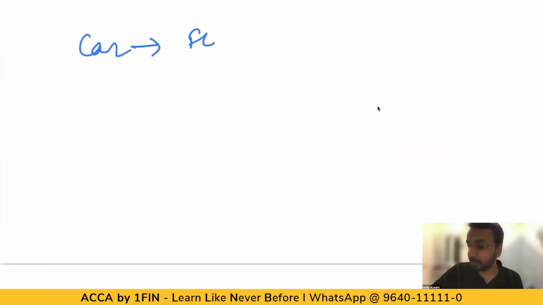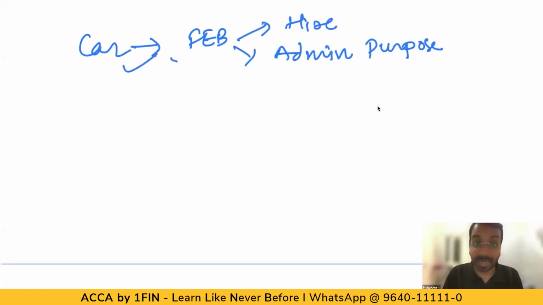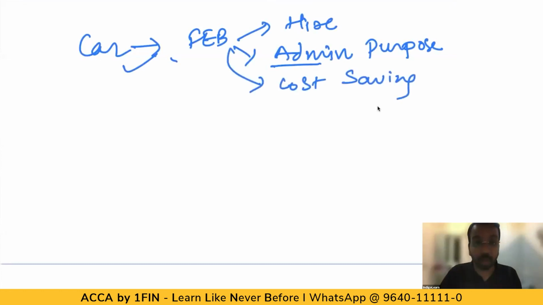So, when I purchase a car, I will get future economic benefits. Now, this can be in terms of, let us say I give it on hire, I'll get future economic benefit, or I will need it for my admin purpose. There is a director. For the director, I need a car so that the director can come to office, go for meetings, attend meetings and all of those things. So there also, for administrative purpose, we are using the car, and that gives us future economic benefit by way of some admin benefit or cost savings. And if the control criteria is met, I can say that it is an item of PPE.